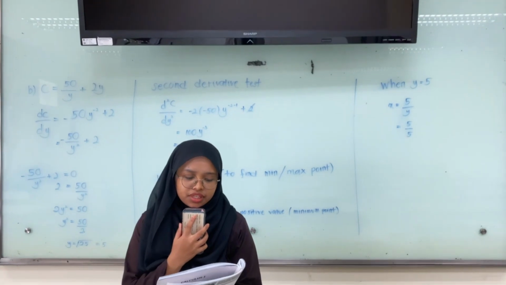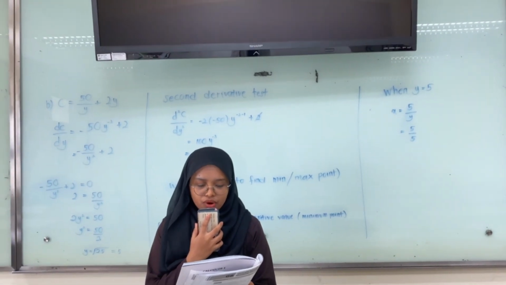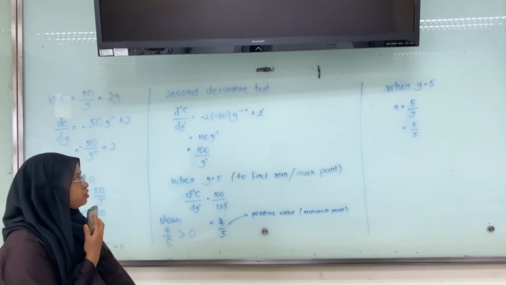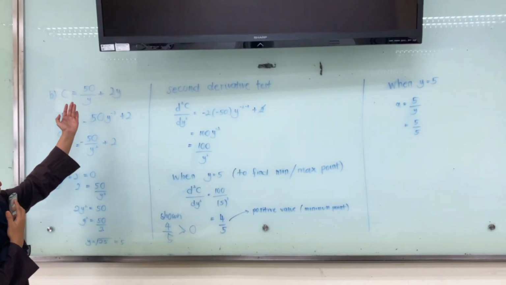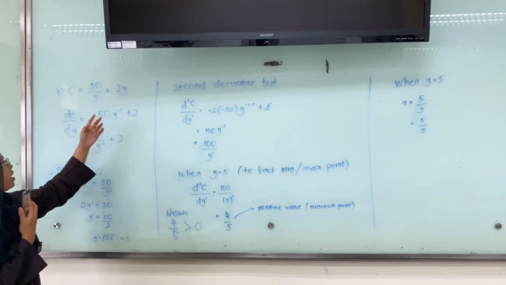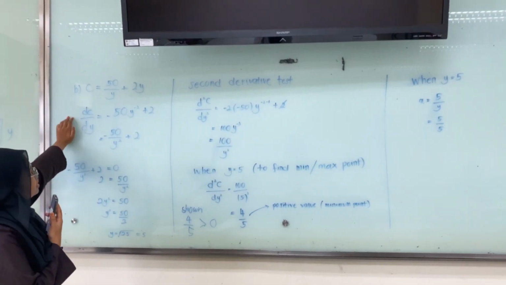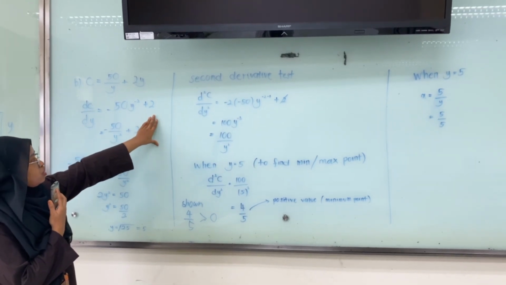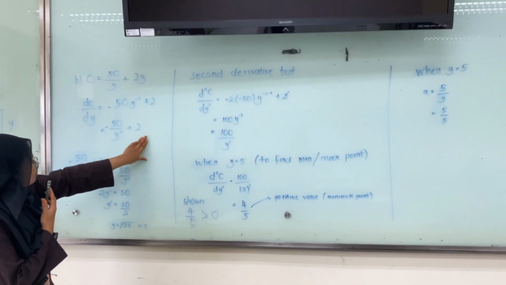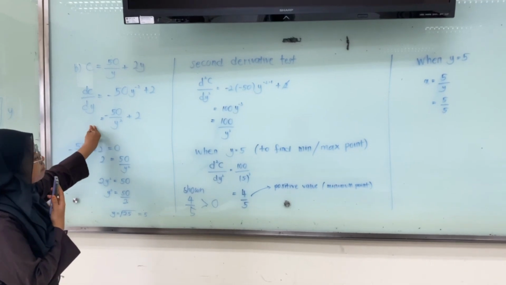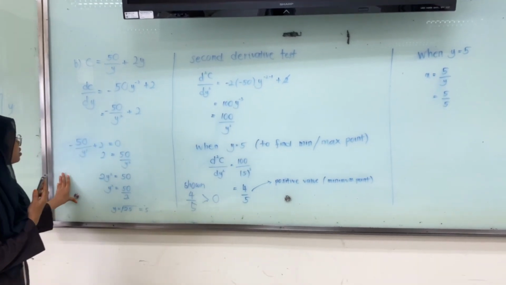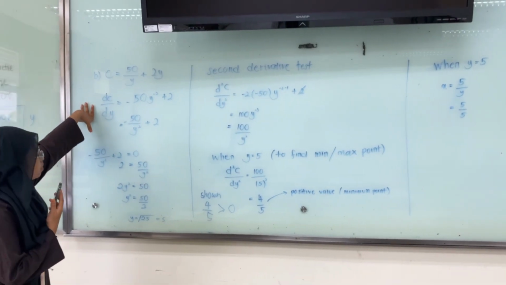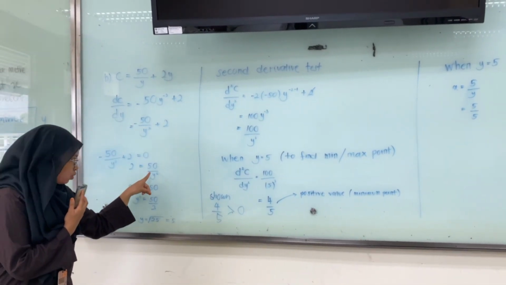Okay, next, find the values of X and Y that will minimize the cost of the material. So first, how do we want to find it? We know that C is equal to 50 over Y plus 2Y. Next, we differentiate C and we will get negative 50Y to the power of negative 2 plus 2. Simplified, we get negative 50 over Y square plus 2. Next, we set the derivative equal to 0